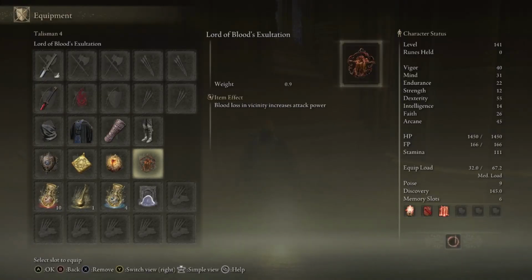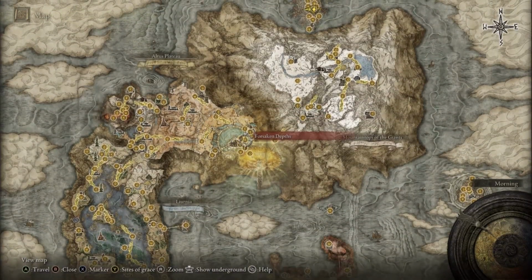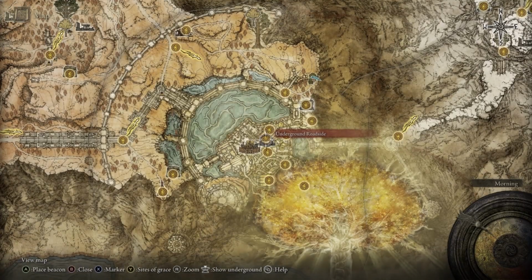Now the Lord of Blood talisman: blood loss in vicinity increases attack power. So the second you cause blood loss to an opponent, your attack power will increase. To get this talisman, you'll need to find Esgar, Priest of Blood, and he is located in the royal capital,